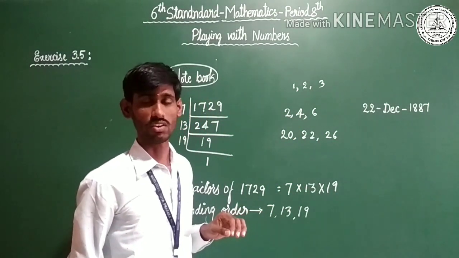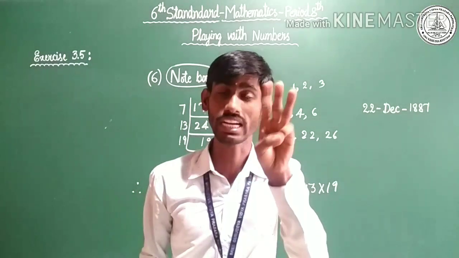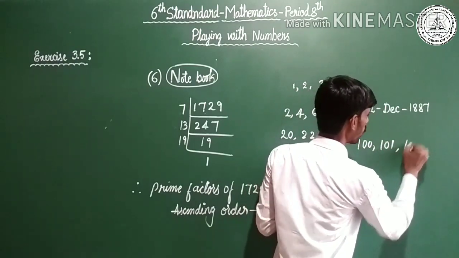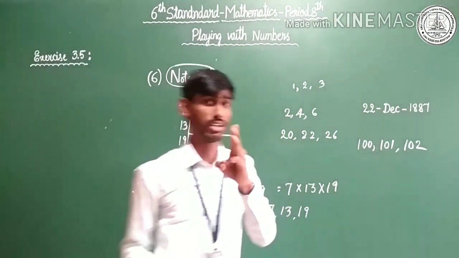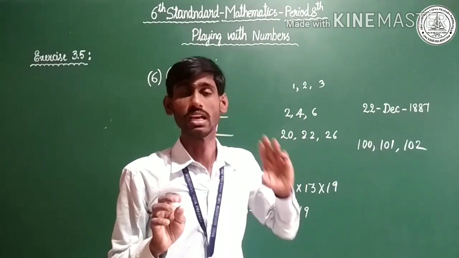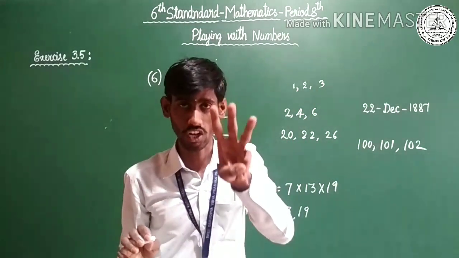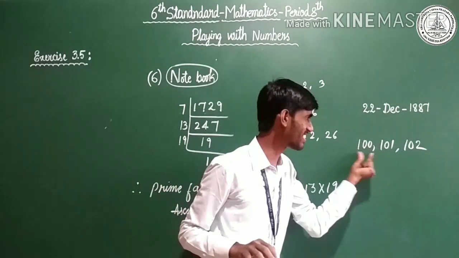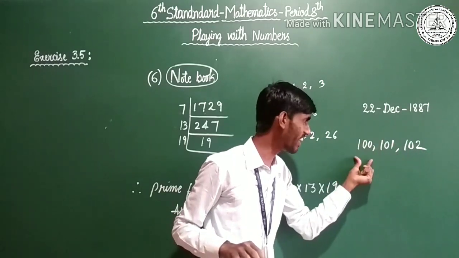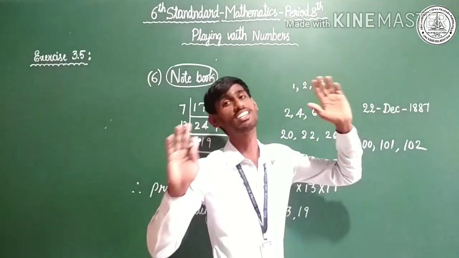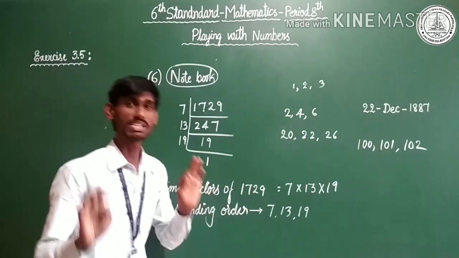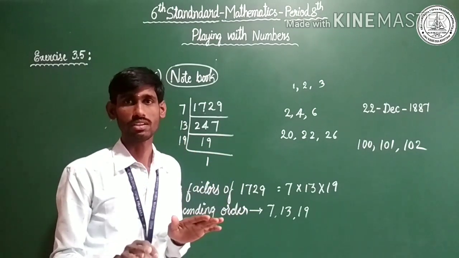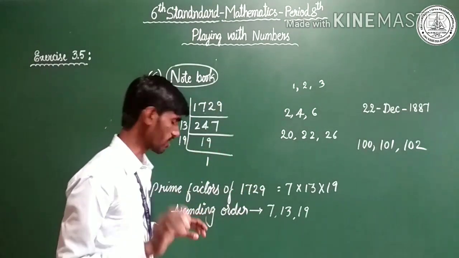I hope you have understood. Okay, write three-digit consecutive numbers. I'll write 100, 101, 102. Right? The answer depends on the question. Write three consecutive numbers, and the condition is that those consecutive numbers must be 3-digit. Observe here, 3-digit, 3-digit, 3-digit. Okay, 100, 101, 102. Consecutive numbers are nothing but counting numbers, next after next. Don't skip. Isn't it? It depends on the question.